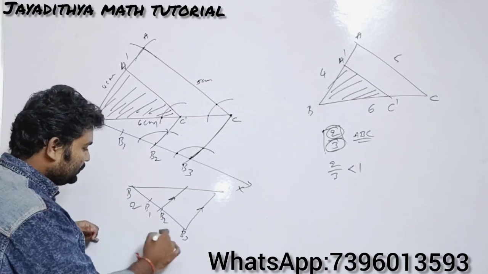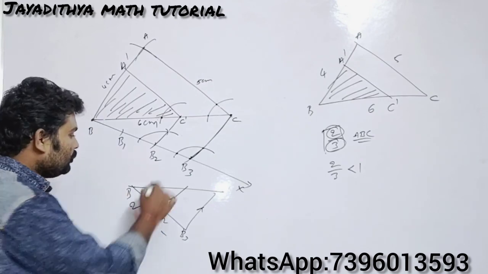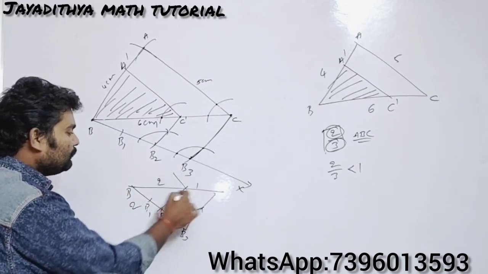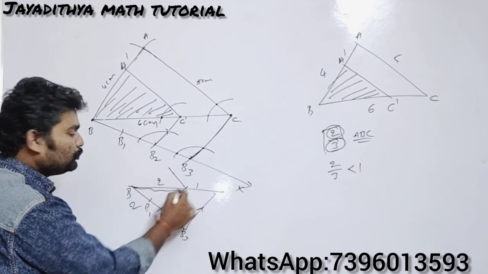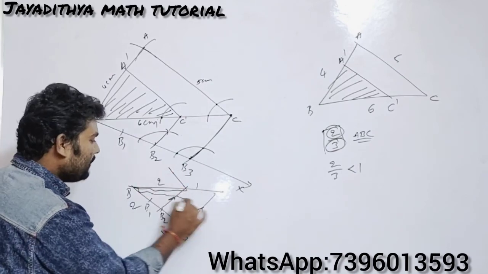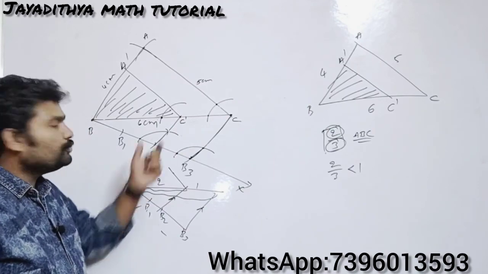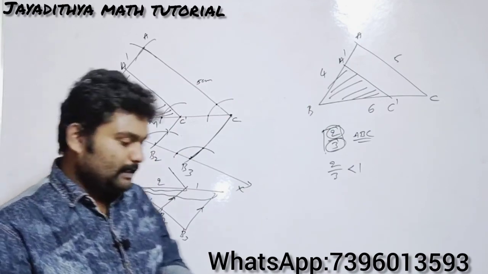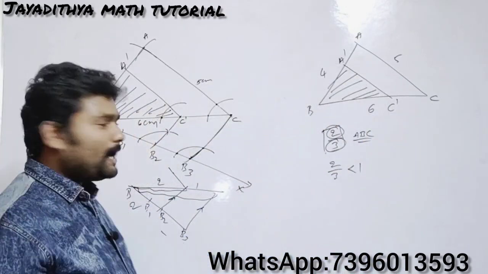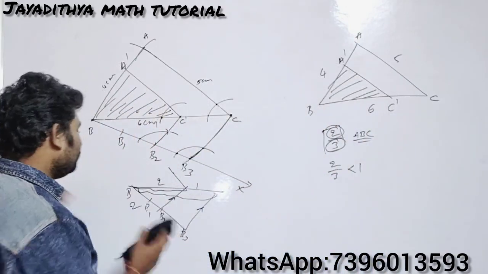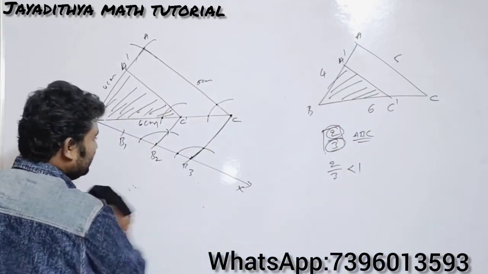Here this is 2:1, total will be 3. So here also we are making 2:1. So the similar figure will have only two parts dimension, and the original will have 3 parts dimension. In this way you are dividing, so if you understand the concept there, then it will be easy. You should practice more to construct parallel lines, then your answer will be correct, or else it will be wrong.